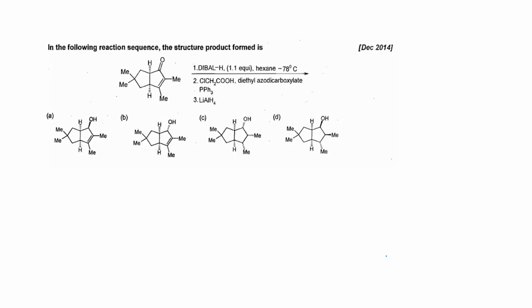In the following reaction sequence, what will be the structure of the product formed? So if you add DIBAL-H at -78 degrees, what will form? If you see the ring,